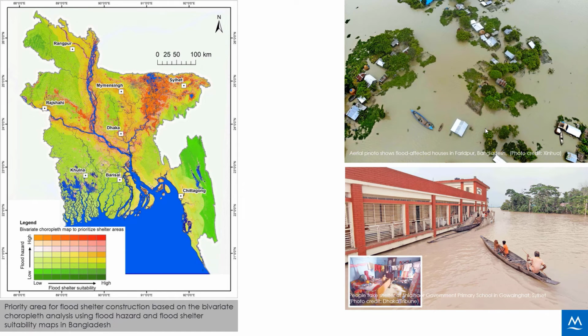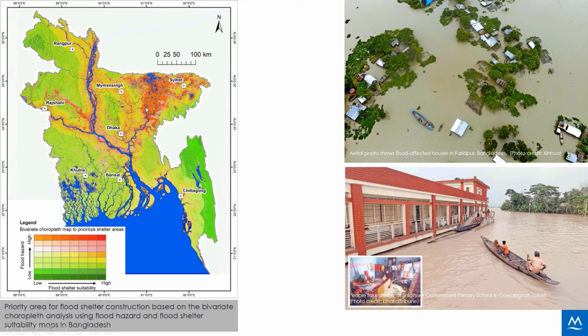Once we had done the flood shelter suitability and hazard map, we tried to see which areas are priority areas for construction, based on bivariate choropleth analysis. We found that in the Chittagong Hill area there is hardly any flooding. But if you see the Haor region and the Sylhet region in Bangladesh, there is maximum flood occurrence